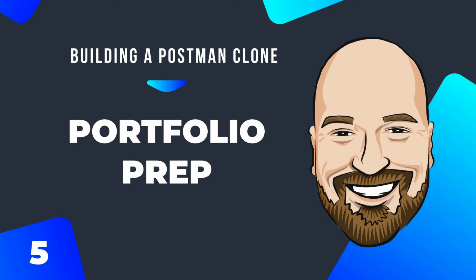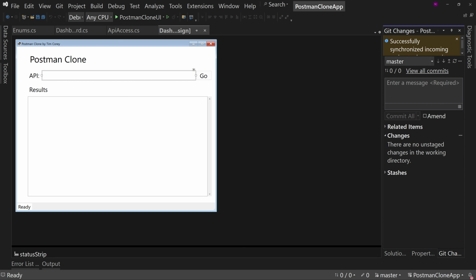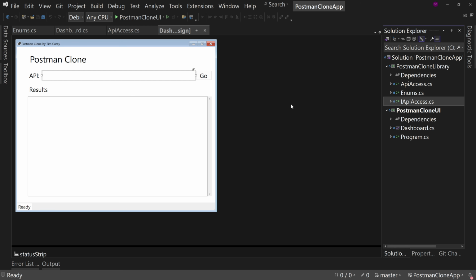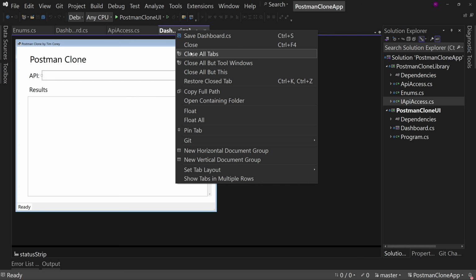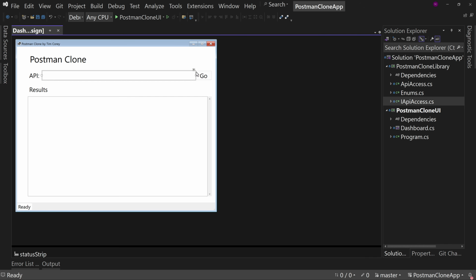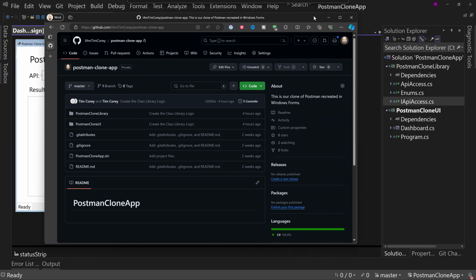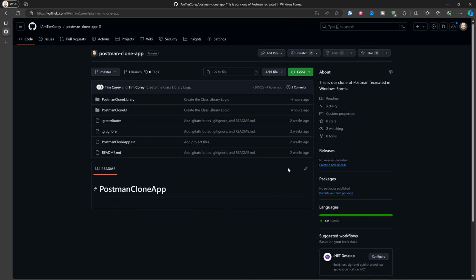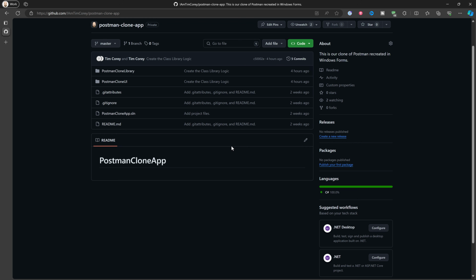Okay, let's jump over to our application, and here we have our application built as we ended it last time. What we're going to do is, let's close all of this. What we're going to do is do some work in GitHub, because right now our GitHub doesn't have a lot in it. Now let's look at the current state of our GitHub repo, and there's nothing in the README, it's